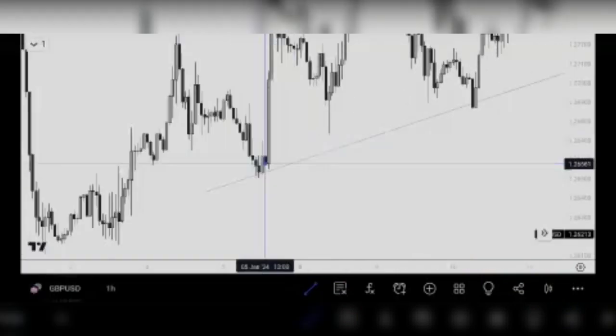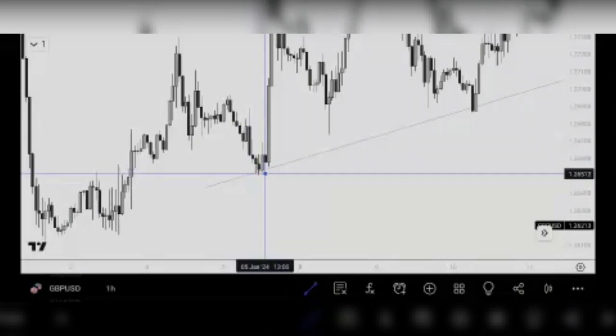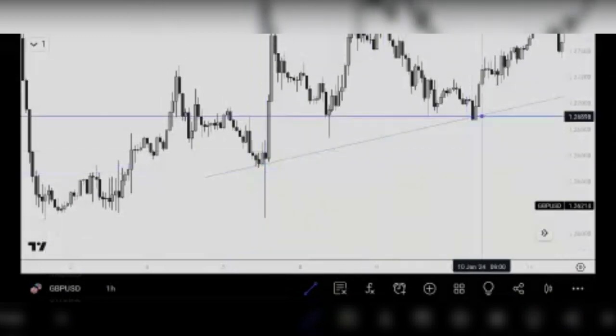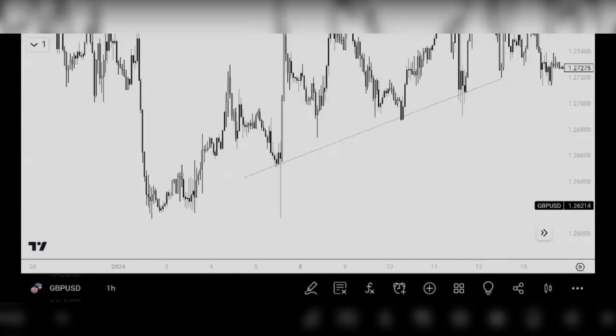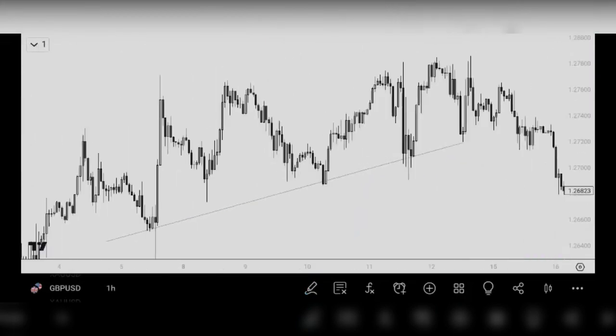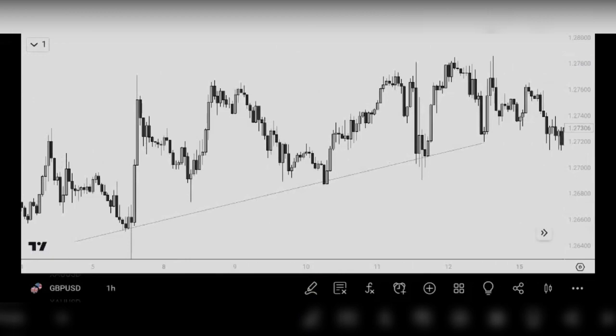You can see we have a bullish engulfing here. We have another engulfing here. Now, the third touch, it must not necessarily be an engulfing. You can actually use, sorry